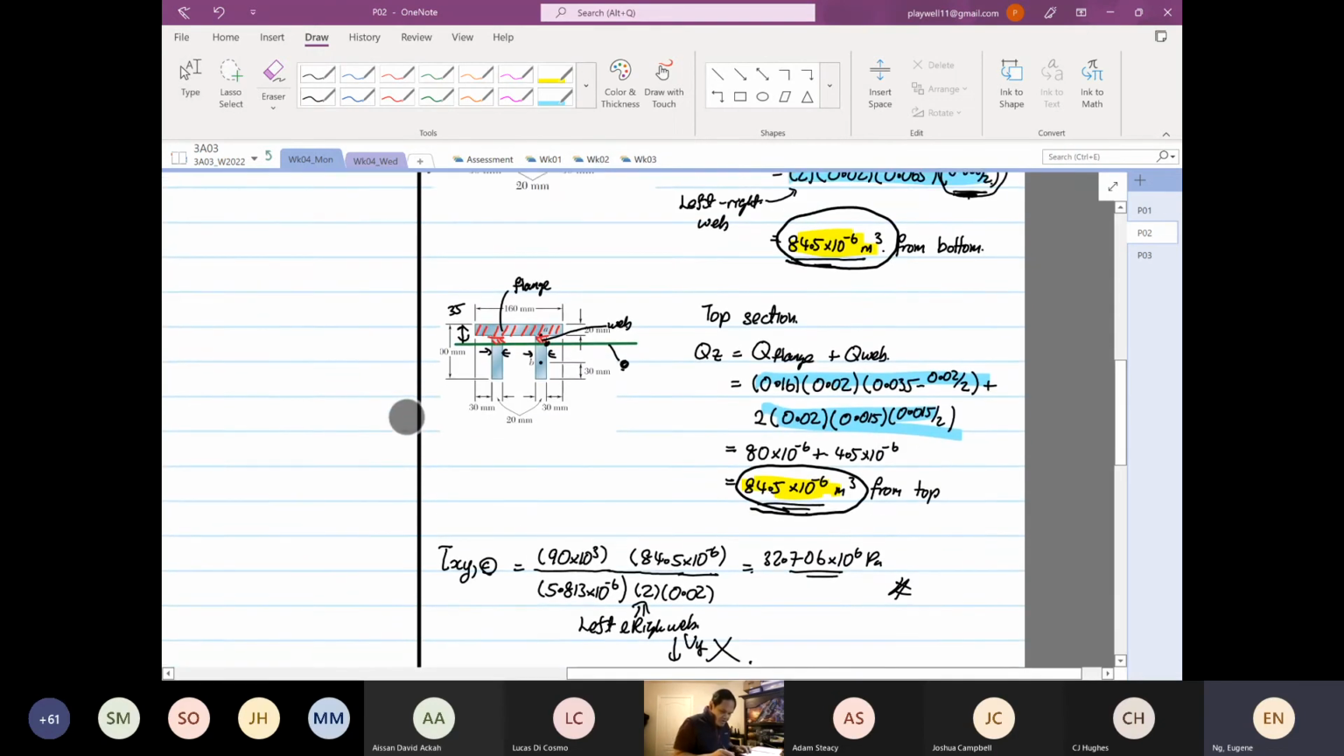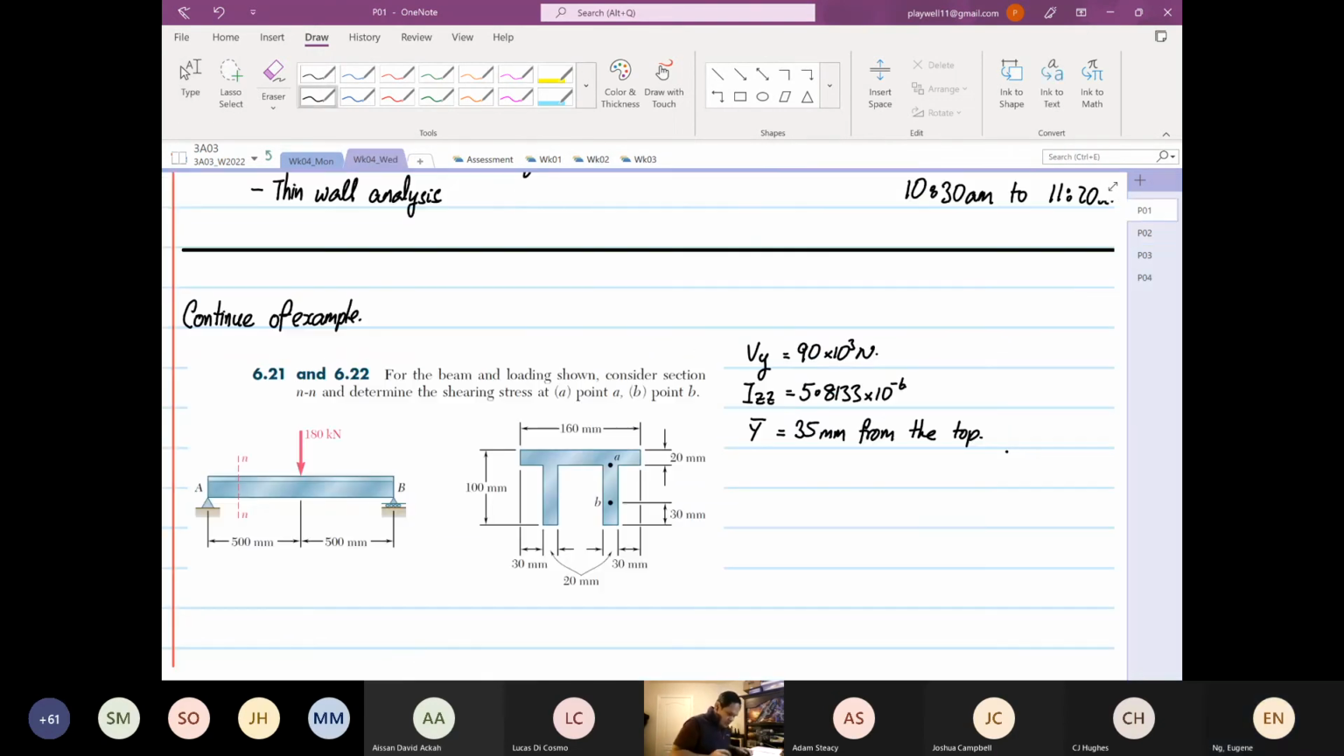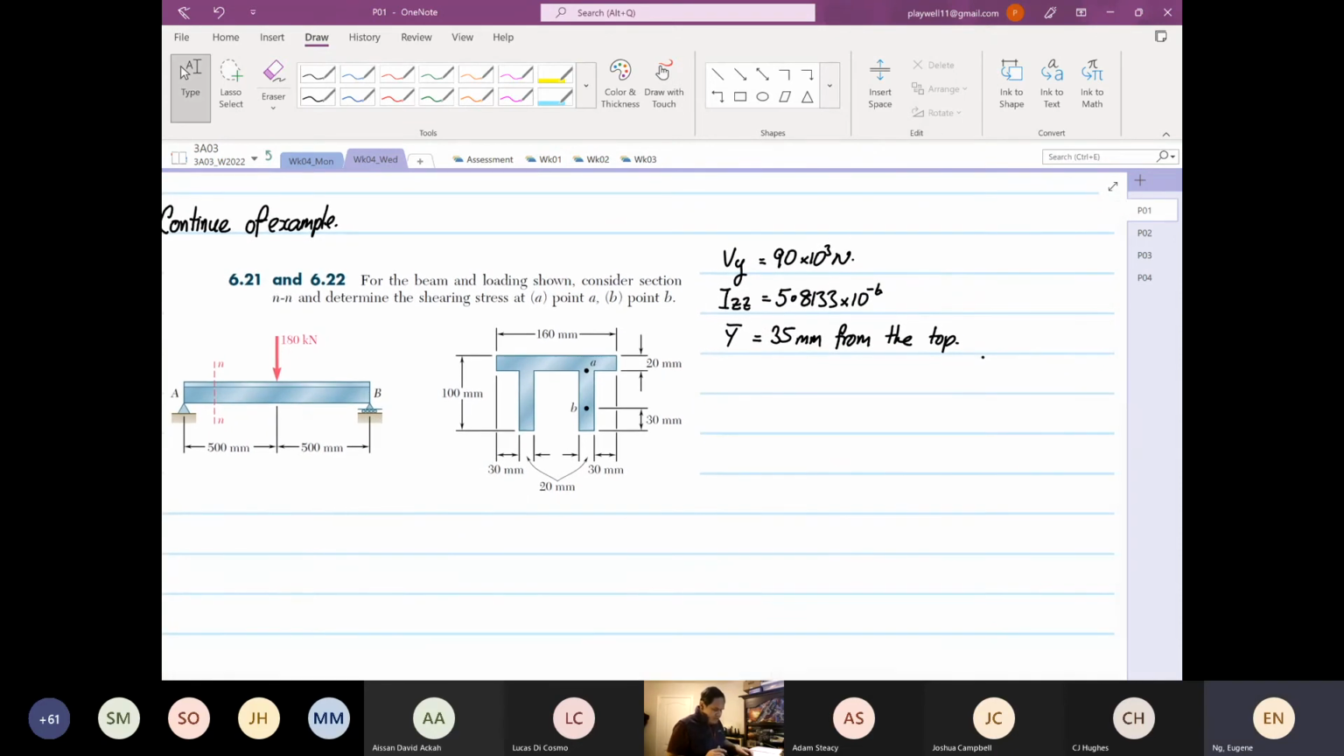Right. So there's another point to find. The point that we're going to do now is to find the shear stress at point B. Okay, shear stress at point B. So again, first moment of area,